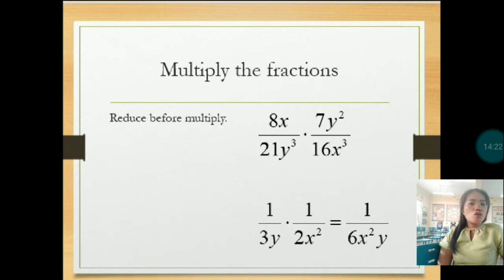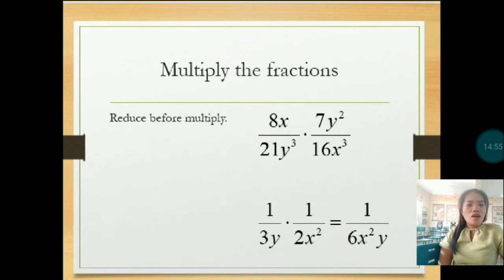And then let's proceed to the denominator of the second rational expression and the denominator of the first. We have 7y squared and 21y cubed. The greatest common factor is 7y squared. So 7y squared divided by itself is 1. And then 21y cubed divided by 7y squared, that gives us 3y. Therefore, we have here,